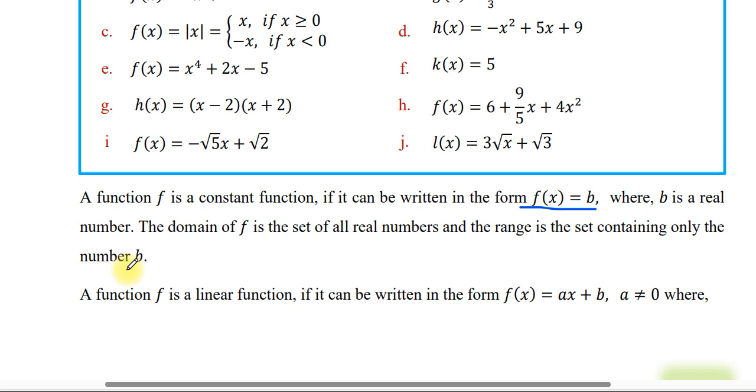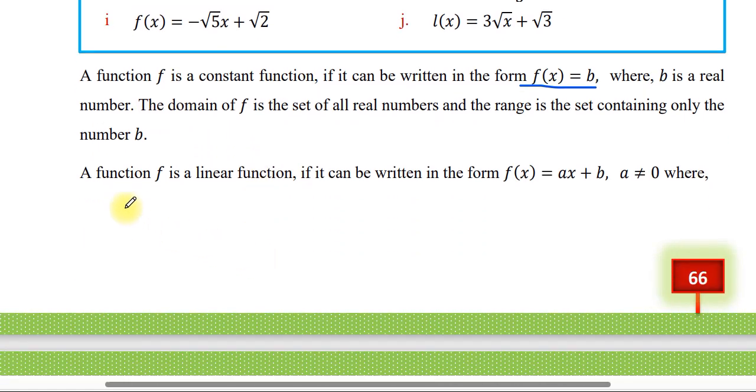አይታችኋል። በኮንስታንት ፋንክሽን ጊዜ ዶሜኑ ኦል ሪል ነምበር መሆን ይችላል and ሬንጁ ግን ምንድን ነው? b ነው። b ለምሳሌ f of x which is equal to 3 ቢባል which is equal to 3 እንደማለት ነው። 3 the range but f of x ውስጥ የፈለግነውን ቁጥር ማስገባት እንችላለን፣ ምክንያቱም ዶሜኑ ኦል ሪል ነምበር ስለሚሆን ማለት ነው።